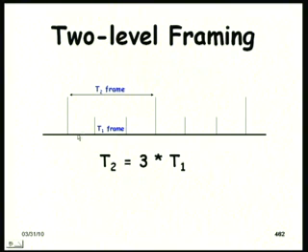So, this just shows two level framing, where we have two frame sizes T1 and T2, and T2 contains 3 T1s. Packets of connections that are assigned the T1 frame will undergo a maximum delay of 2 into T1 at this switch. The ones that have been assigned to the T2 frame will undergo 2 into T2 delay at the maximum. So, depending on the characteristics of the connections, we can assign them to the different frames.